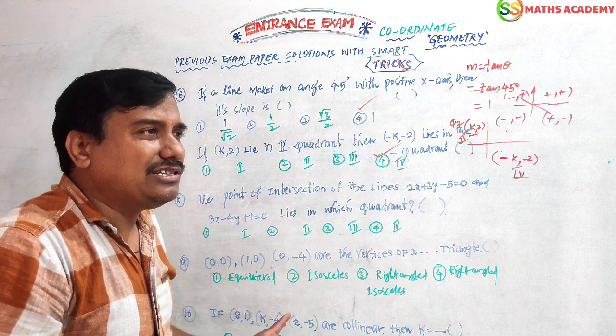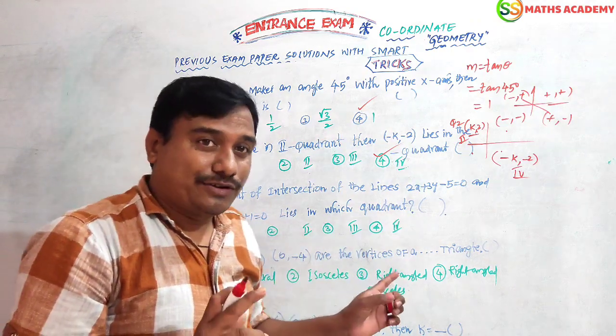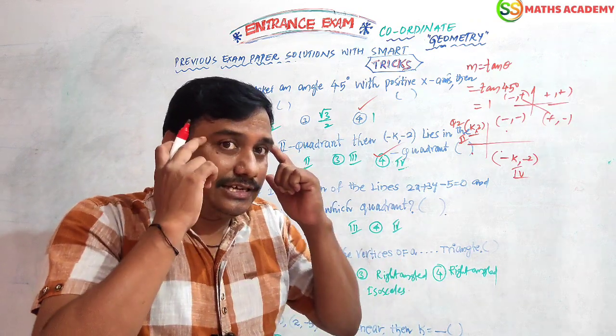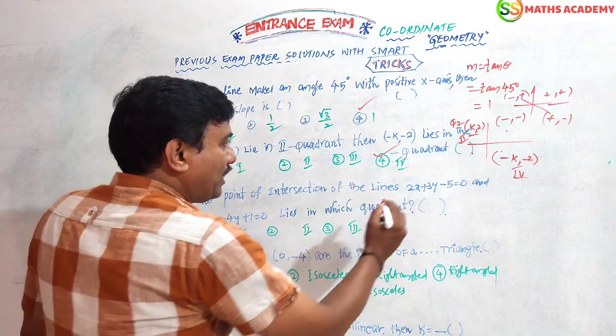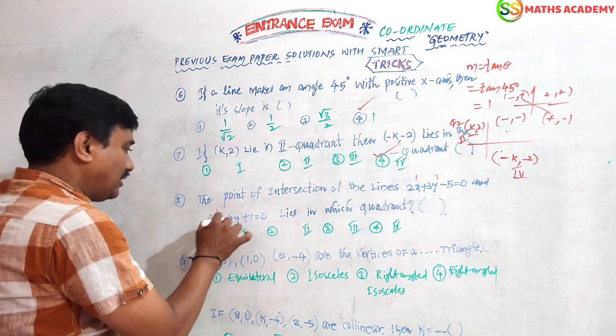Which quadrant? Sir, what are these, sir? Simple, Amma, don't worry. Actually, we have to solve equations 1 and 2 to get the x and y values. No need to do anything, just the trial and error method. Yes, you should apply it here: in the place of x1, in the place of y1.